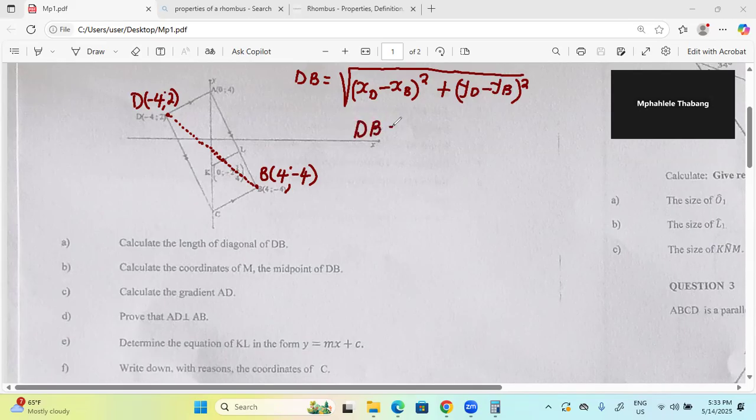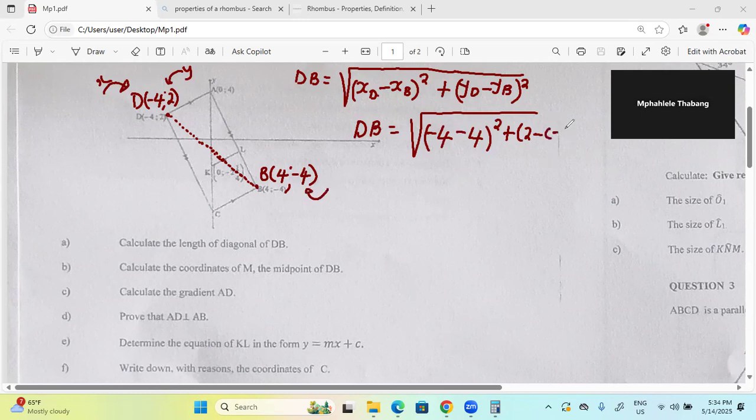So we say DB equals to the square root of what is x at D? You just come to the coordinates D. What is your x at D? It's minus 5. So you say minus 5 minus, you look for your x at B, which is 4. You go to the point B, you look for the coordinates of x. You see that is 4 there. Squared plus, what is the y at D? Y at D is 2. So you say 2 minus, what is y at B? It's minus 4. So you say minus 4